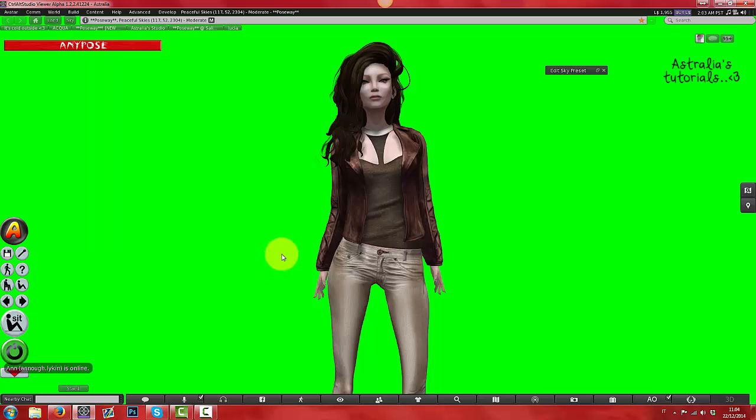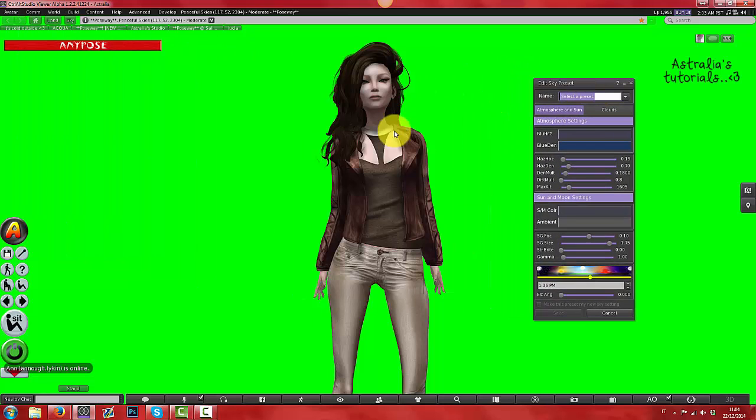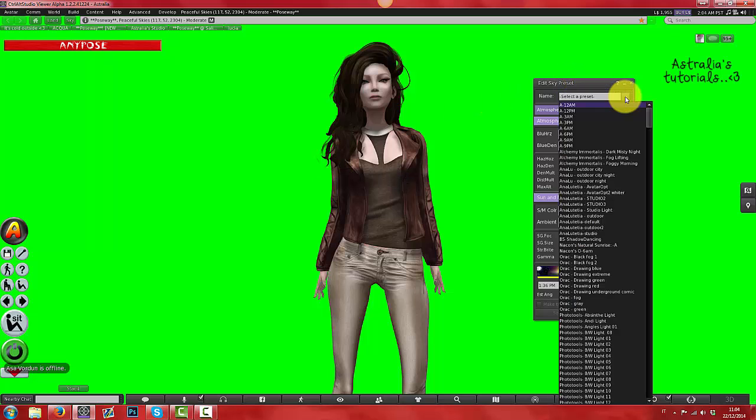Step 2 is about the windlights. I'm going on sky. I was on default. For the green screen, I suggest you use a very plain windlight, because that won't change the color too much, and it should not have too strong lights and not too strong shadows. Keep in mind that you will have to recreate them in Photoshop on the pre-made background, and this is not easy. So I can suggest you the Astralia avatar option for windlight,